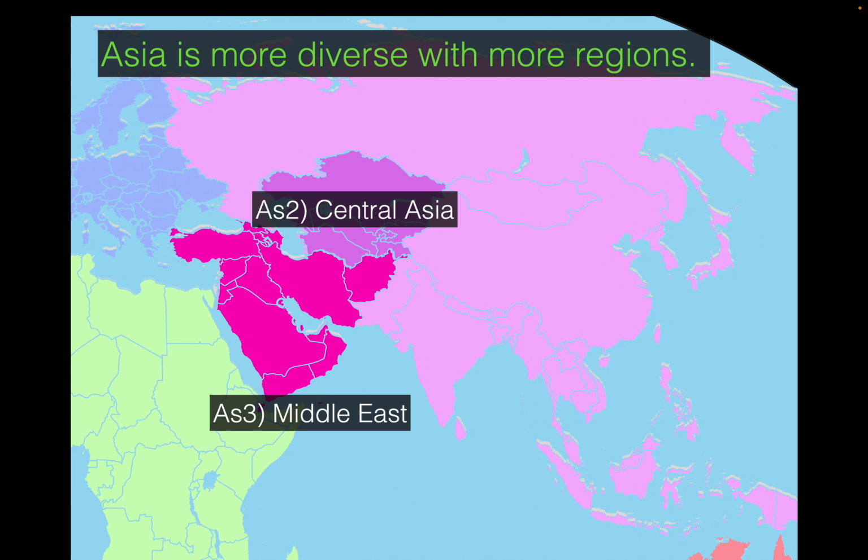All right, this is Central Asia. This was actually a part of the Soviet Union. In terms of culture, they are quite different from the Middle East and quite different from the rest. Their culture is a bit more like Turkish, and in the past they were nomadic, so that's why they are grouped separately from the rest. And then if this is Central, then of course north of it will be North Asia. This is the whole expanse of Russia. Russia is a bit more problematic because in some parts they think they are more European, in some parts more Asian, because they are so big, but that's a discussion for another day.